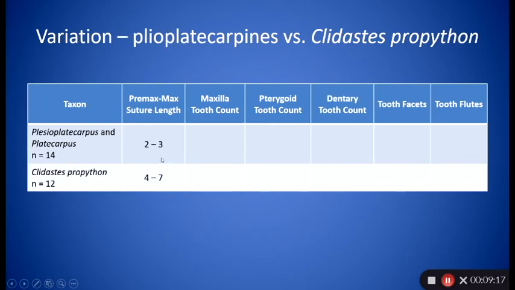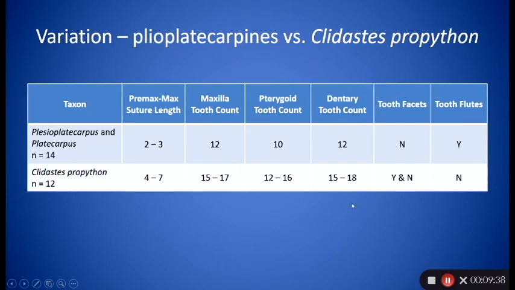Quite a bit more variation in Clidastes in the length of the premaxilla and maxilla suture, as well as tooth counts in the maxilla, pterygoid, and dentary. Even a little bit of variation in Clidastes in whether or not you have tooth facets on those different teeth